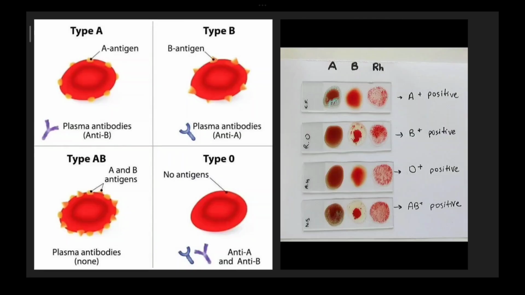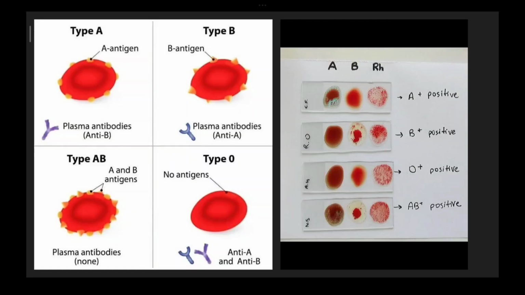Now you are going to put anti-B serum onto A and B, as well as on the RH antigen, to find out whether it is a positive blood or a negative blood. Here you can see agglutination forming on the A blood group's red blood cells. The antigen and antibody are attacking each other, and there is a breakdown or hemolysis that has happened, and